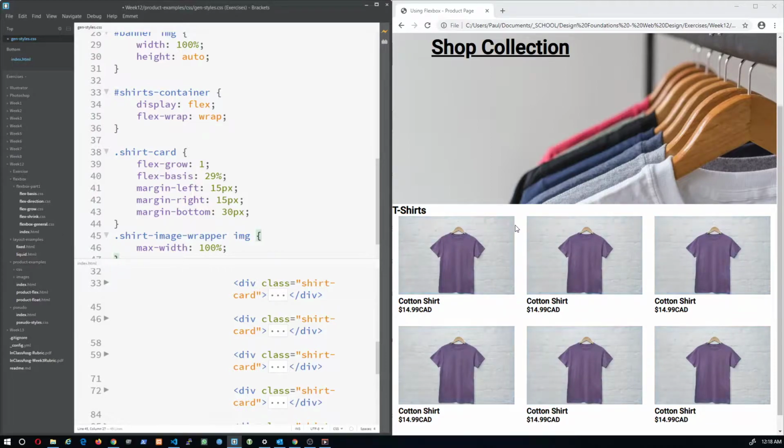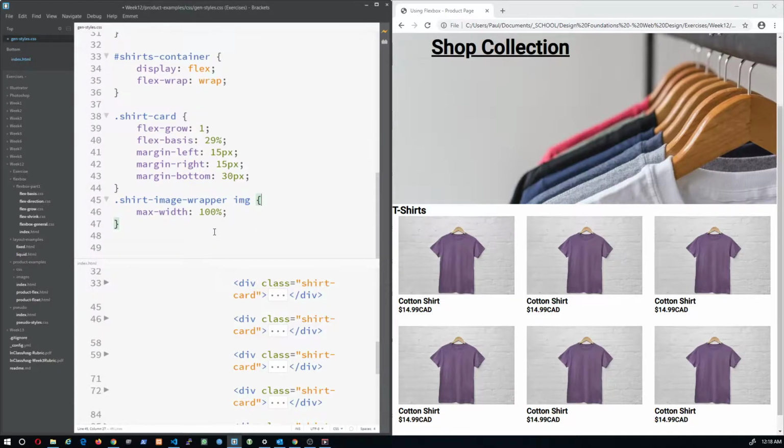We have 15 pixels on the right of this card and 15 pixels on the left of this card. So in total you have 30. So we can have 30 in between the top of the next row, and that way they're a little bit more in sync together. Okay, so now that we have some spacing here,